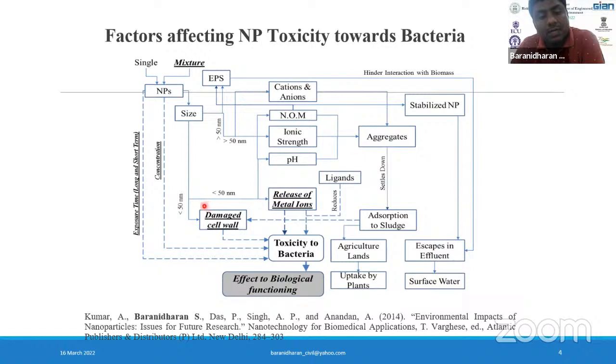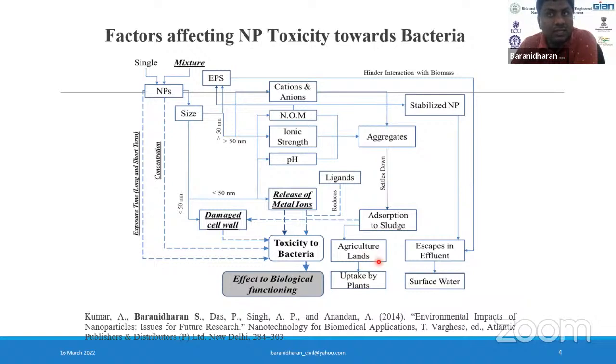In the last session of mine, I said that when compared to the surface area of bigger particles, the reactivity will be much higher with respect to the smaller particles. Whereas these large or aggregated particles settle down and then get absorbed onto the sludge, or get carried away with the sludge. So when this sludge is applied to fertile lands, is there a possibility, is one such question. If there is, what happens to these nanoparticle containing sludge?